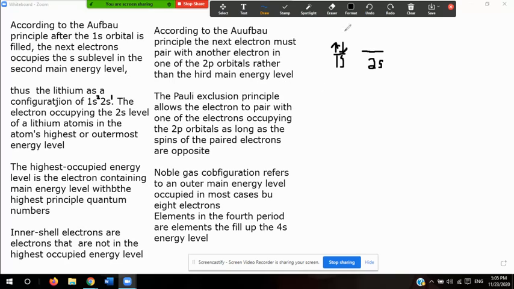So let's talk about lithium. Let's say that this is the orbital notation for lithium. Lithium, which has a chemical symbol of Li, has an electron configuration of 1s2 and 2s1. Now, what that means is that lithium